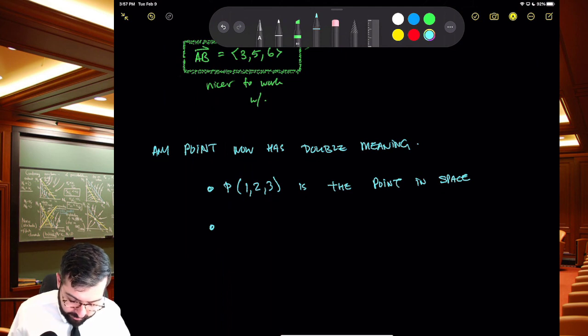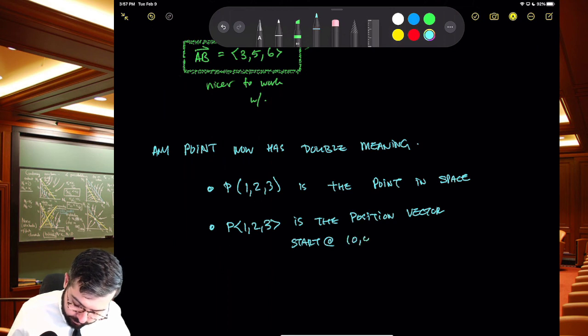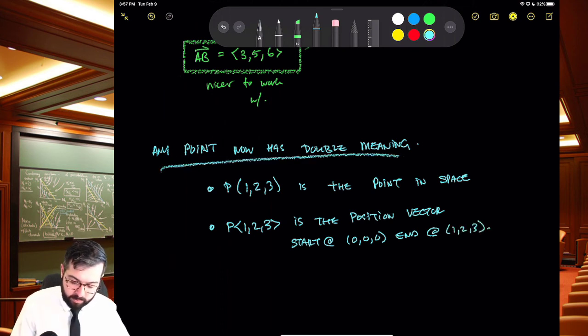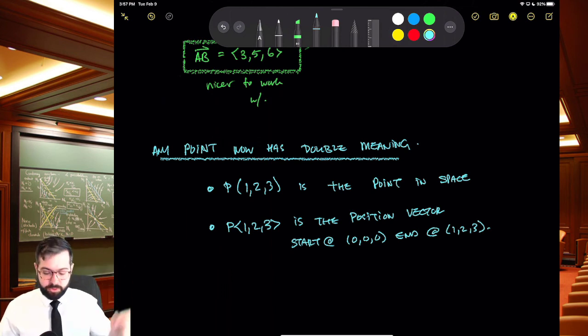Meaning 2 is there's the position vector starting at the origin, and its tip is at 1, 2, 3. So anytime we're thinking of a point in 3 space or 2 space,